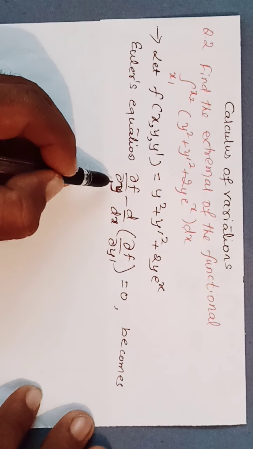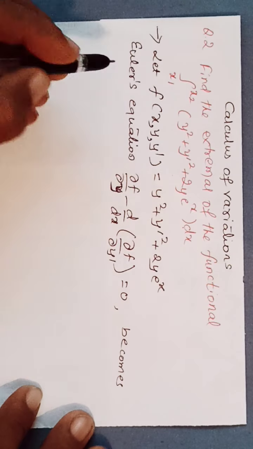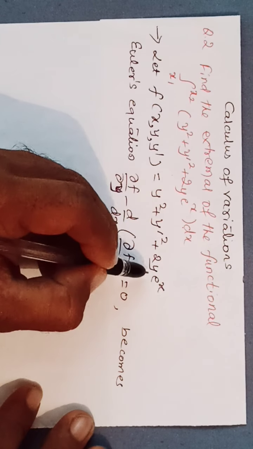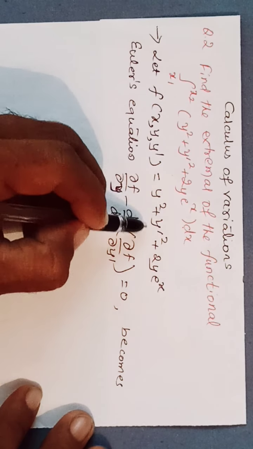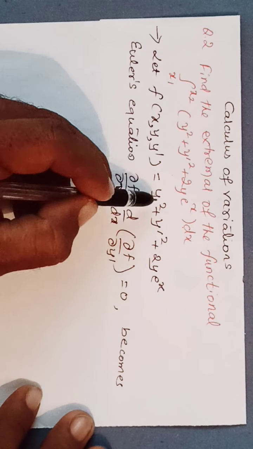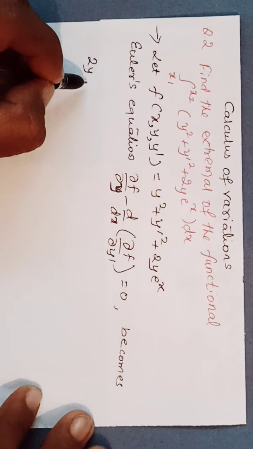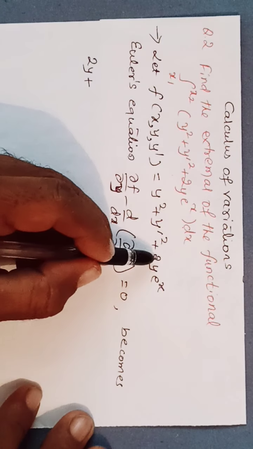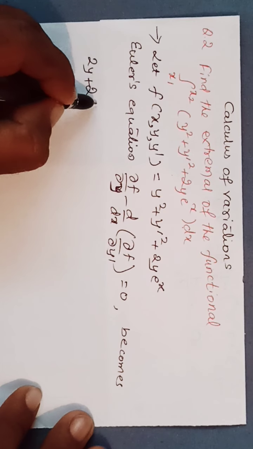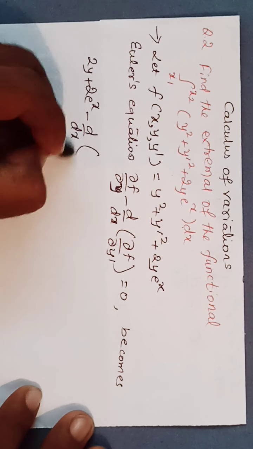So dou f by dou y of f is this one with respect to y. So here y is there, here y is there. So this term gets cancelled, constant, because we are doing partial differentiation with respect to y. So it becomes 2y, this will be 0, and this one plus y there, so 2 into e raised to x, minus d by dx of